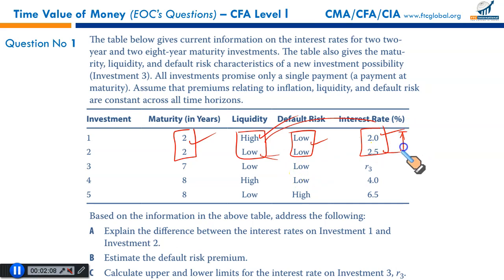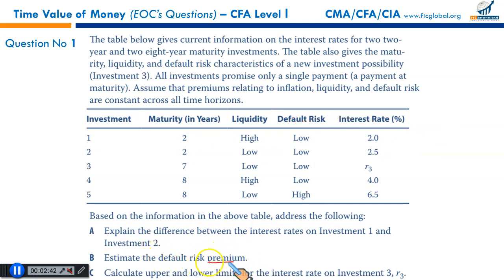So the only difference that can be justified in the given circumstances is liquidity premium. This risk, because of low liquidity, has resulted in a 0.5% premium. So this 0.5% represents the liquidity premium that is being offered for investment 2. So that makes 0.5 the answer. It's not a multiple choice question, so we just needed to understand the idea. This 0.5 represents your liquidity premium for investment 2. Next,